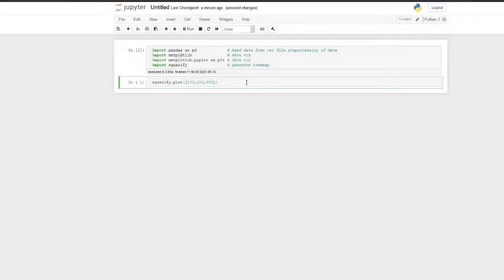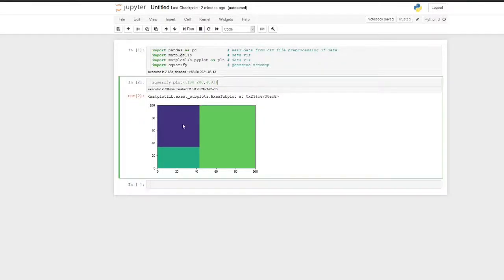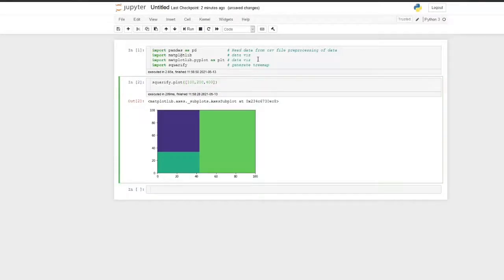Okay, so I'll just plot it. This will be corresponding to the 100, this is corresponding to 200, and this is corresponding to 400. However, this does not convey much meaning, because there are no labels, and we don't require this axis also. I will turn the axis off first.